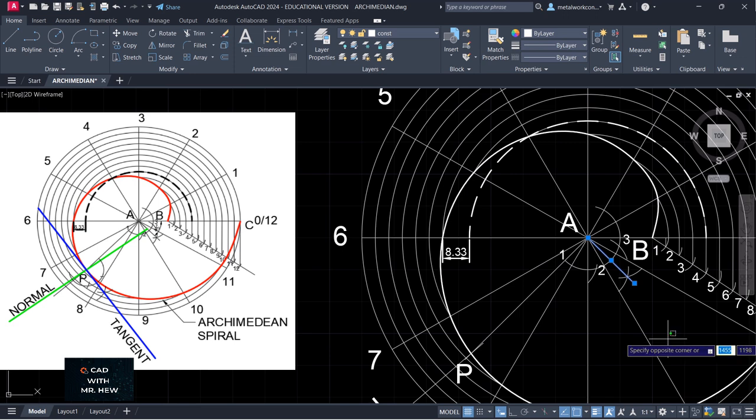All right. Now, the next step. Remember early on we had measured 8.33. What we're going to do, we're going to draw a line 8.33 along this line, all right? Now, we're going to measure this angle going right around so that we can enter the angle for the line. So we're gonna go angular, and we need this line,